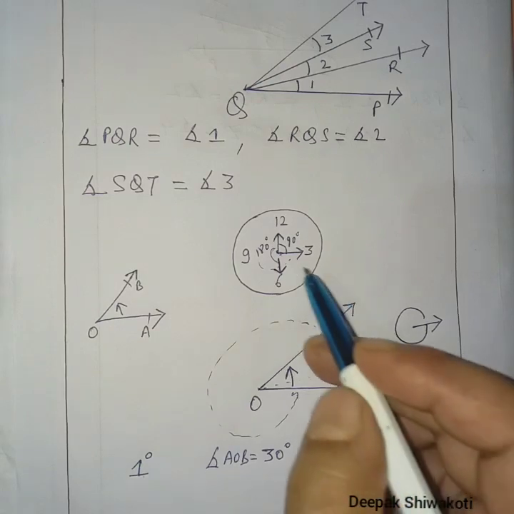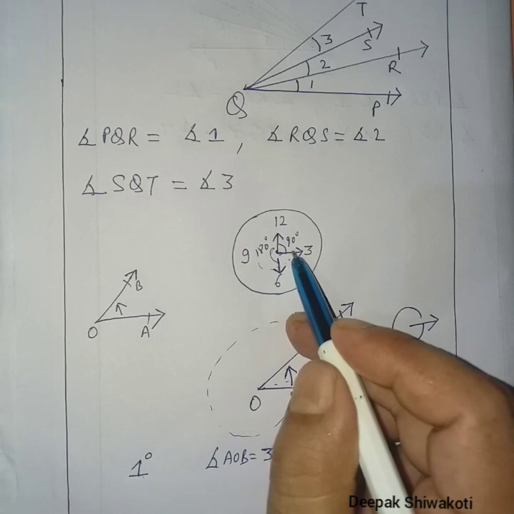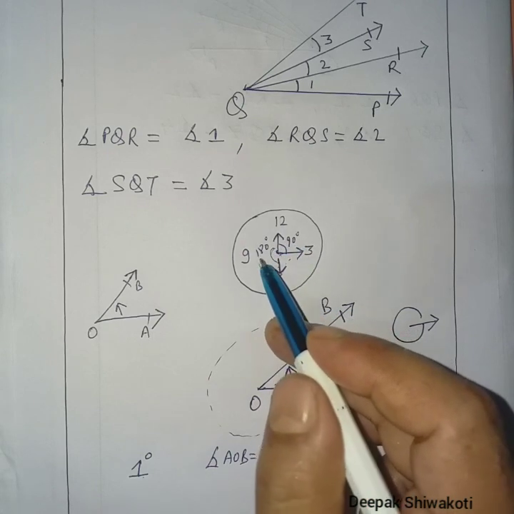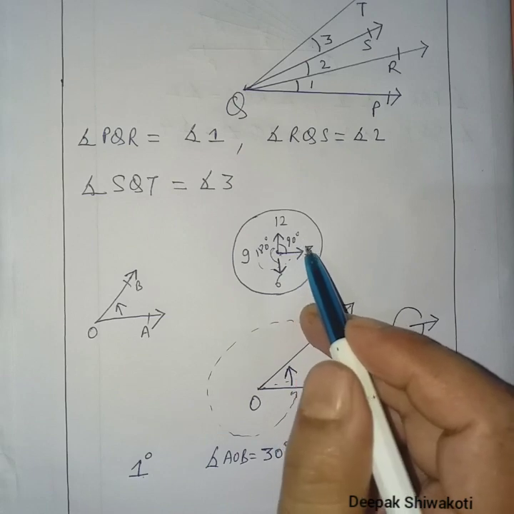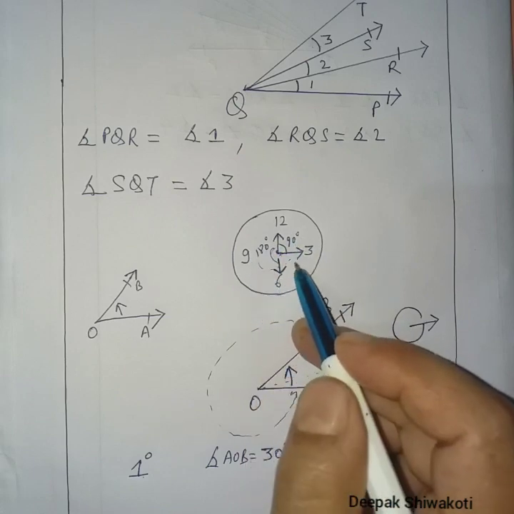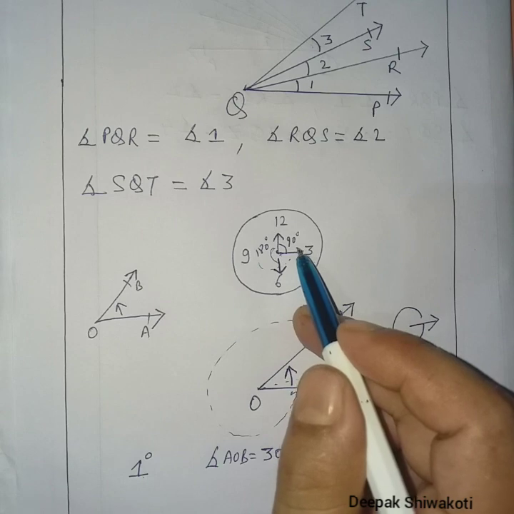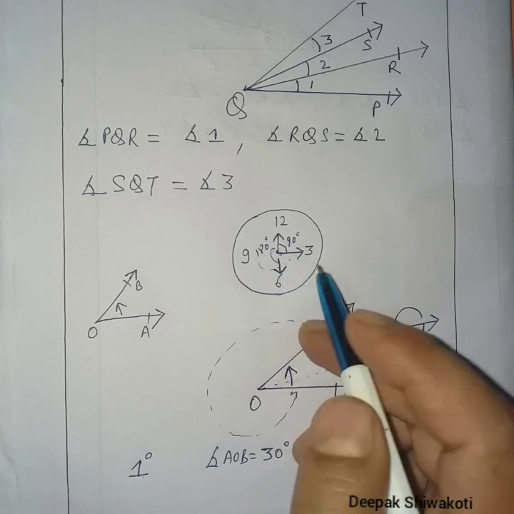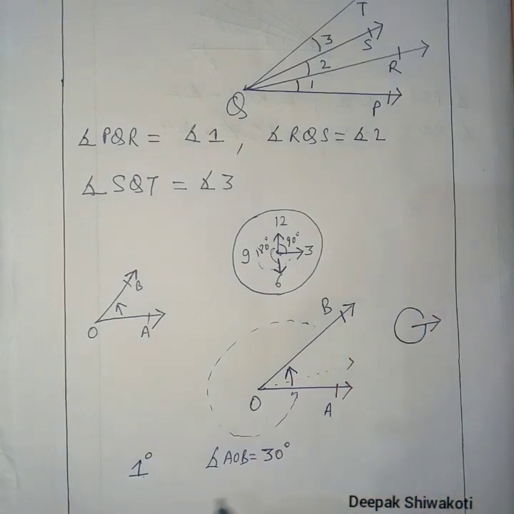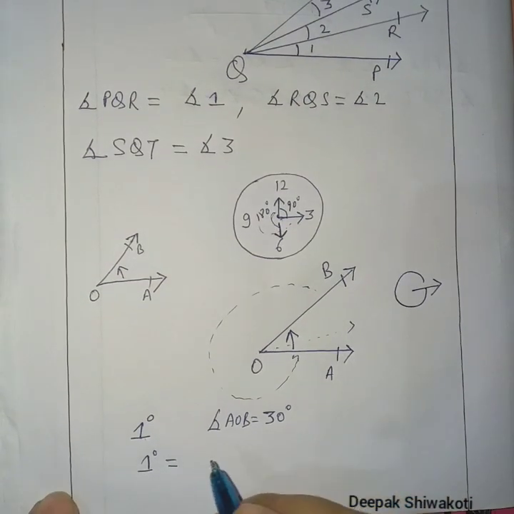Like in a clock, each part is divided into 60 minutes, and each minute is divided into 60 seconds. So similarly here, 1 degree is equal to 60 minutes,